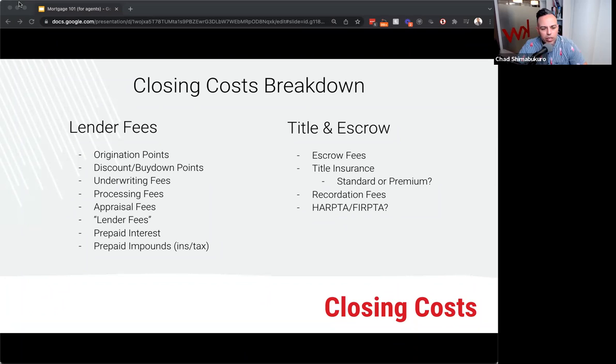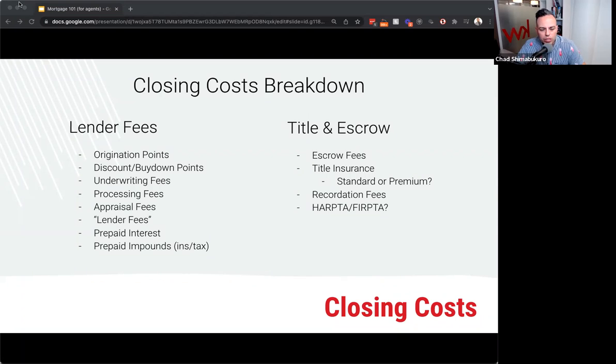Going down that list further, underwriting fees, that's typical processing fees. Underwriting fees can be anywhere from $500 to $1,200. Processing fees about the same. Appraisal fees. So an appraisal is to the benefit of the lender, not to the buyer. There is a benefit to the buyer, which is to ensure that the buyer doesn't overpay. But to whose safety mechanism does that fall under? It's definitely to the lender, right? Not the buyer. Lender fees, I have that in quotes because some lenders kind of throw in all kinds of weird fees on top of that, or what we call junk fees.